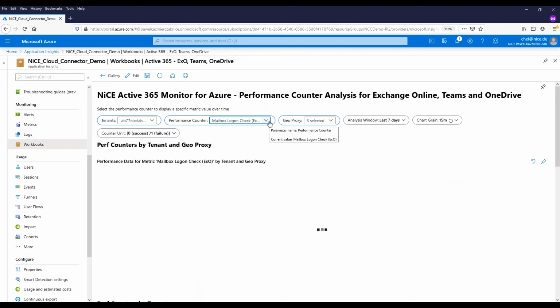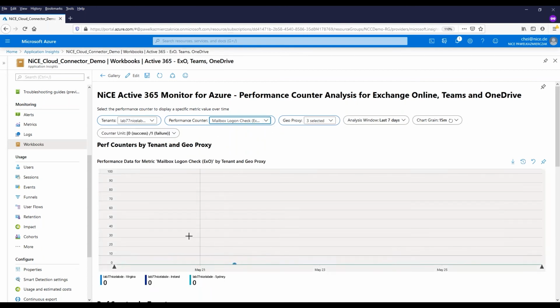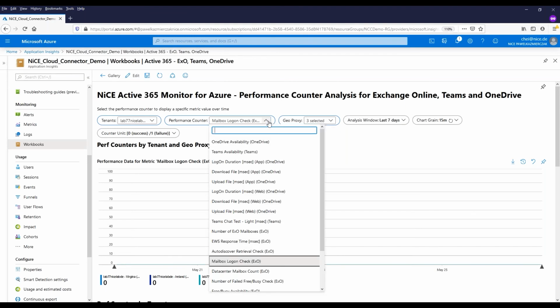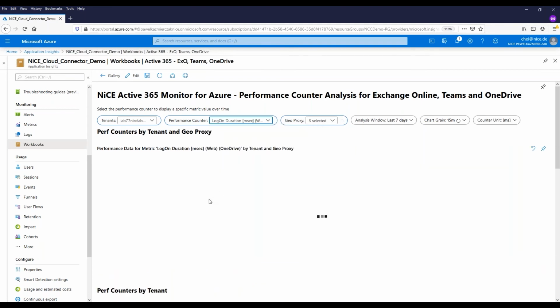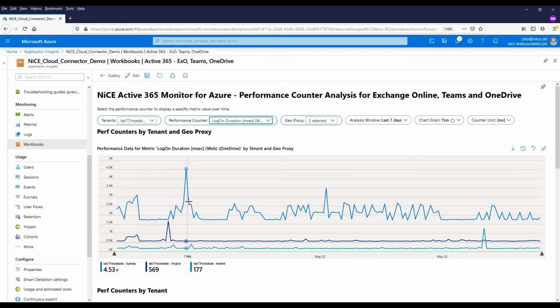As one is here as an example. So that's always 0 because it's more for a reporting perspective. So we basically log on and verify that the logon works fine. We have the mailbox logon duration. So this is measuring how long it takes for a specific user to log on to the mailbox. And in this case, we also see that it takes only a number of milliseconds to log on from the